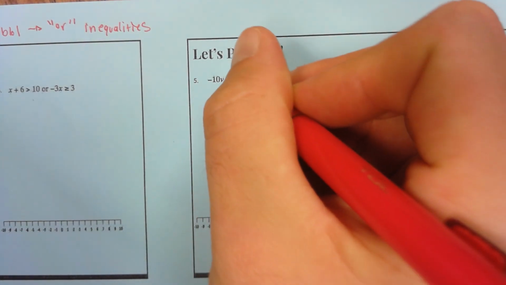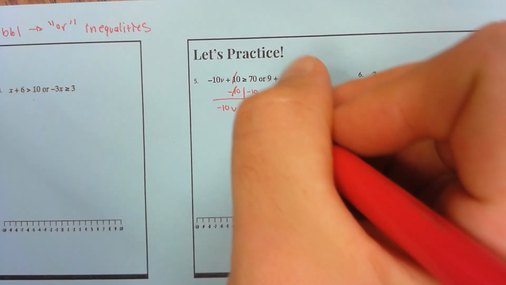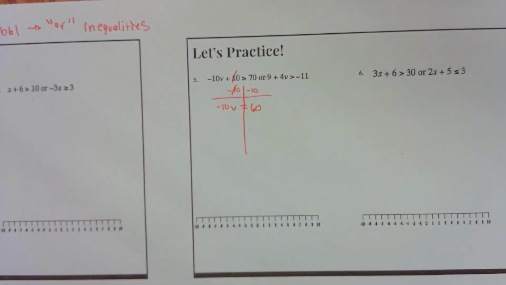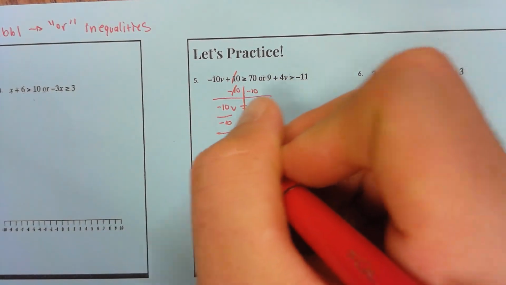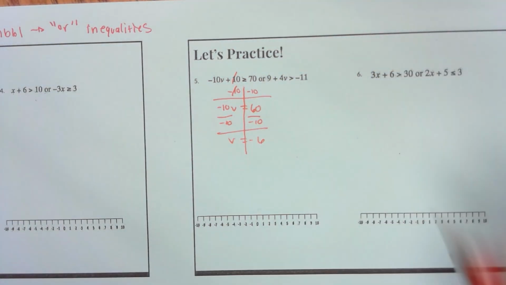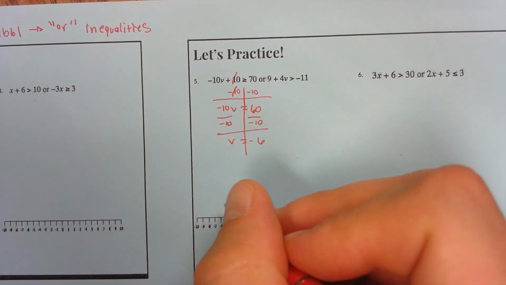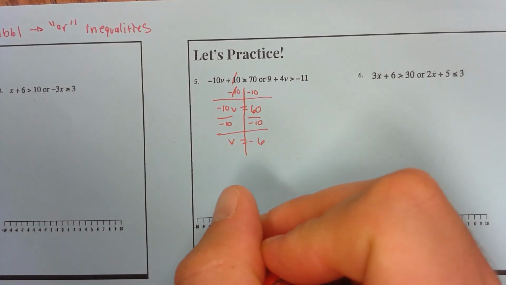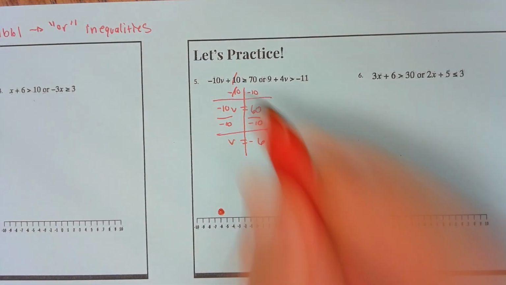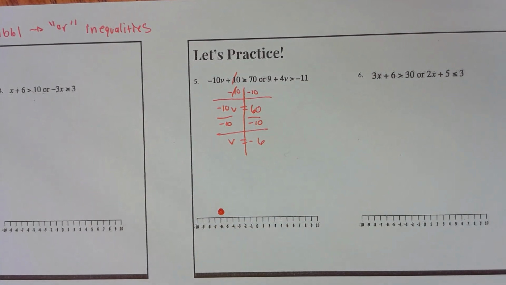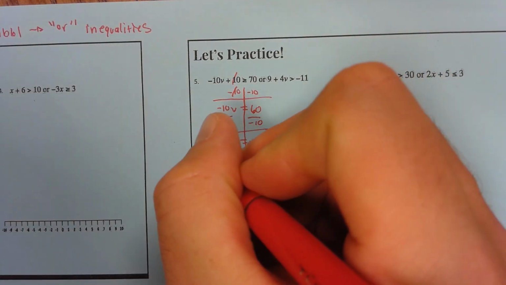So negative 10v equals 70 minus 10, which is 60. Then divide by negative 10 and get that v equals negative 6. This is a closed circle because of the or equal to. And we want to figure out which side to shade. So let's test